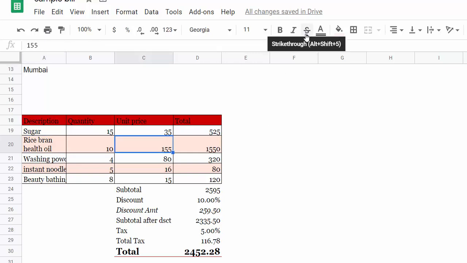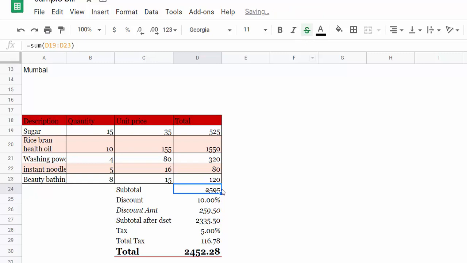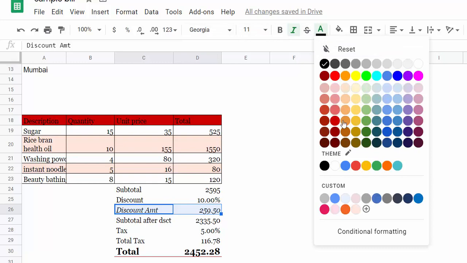Similarly, if you want to strike on the text, you can use this strike through function. Just select the amount and say strike through. So it will look like this. If you want to color the font, you can color by using text color.